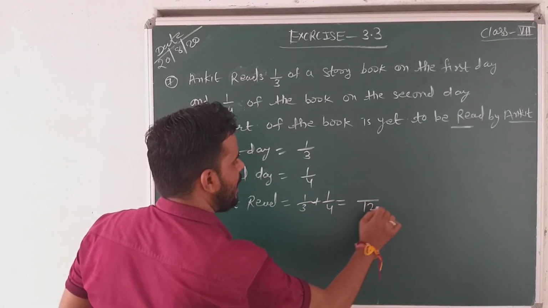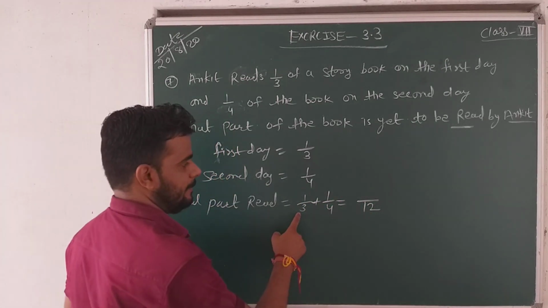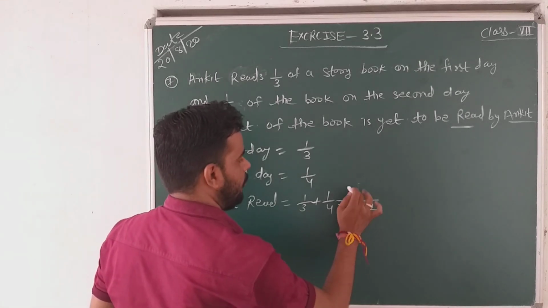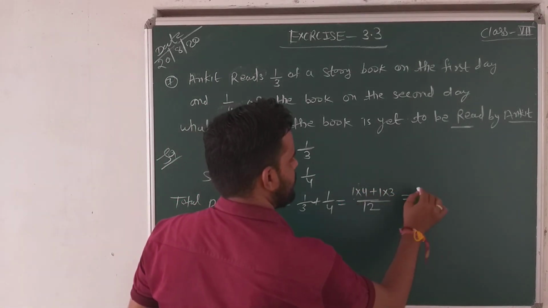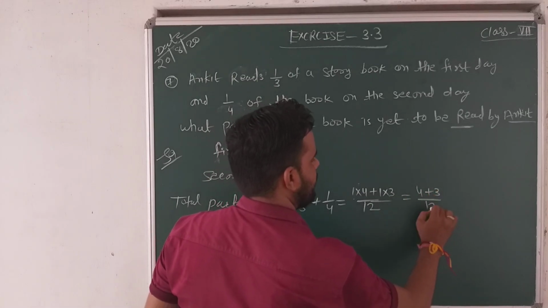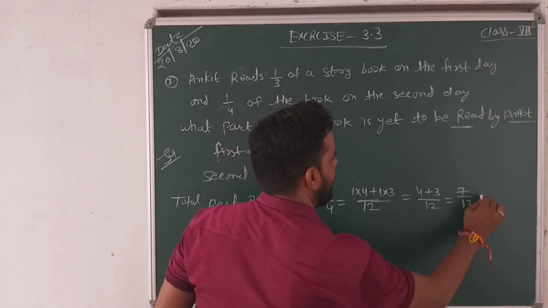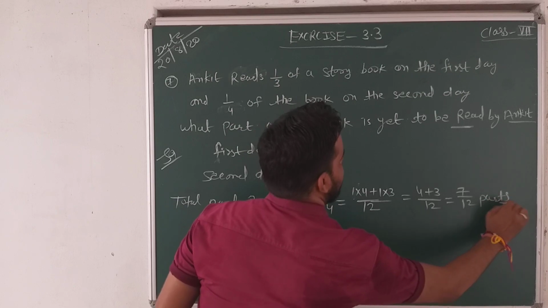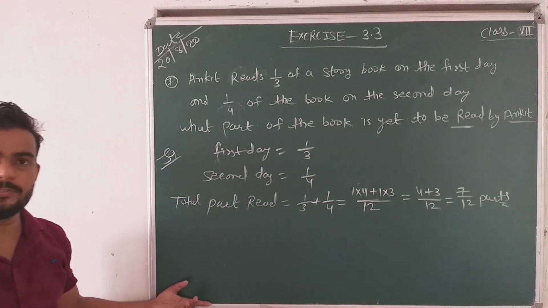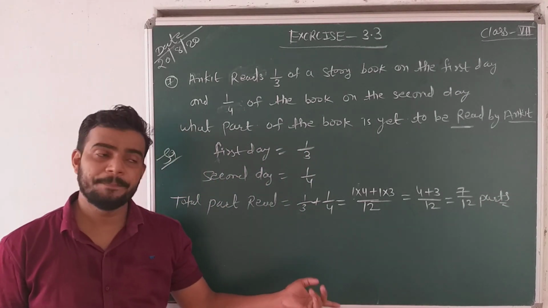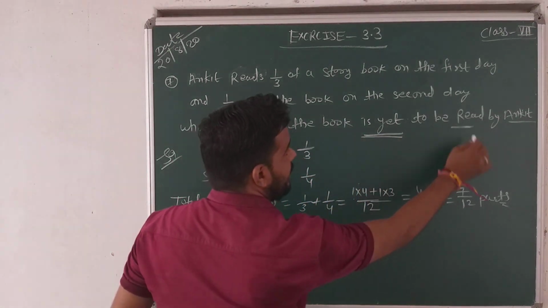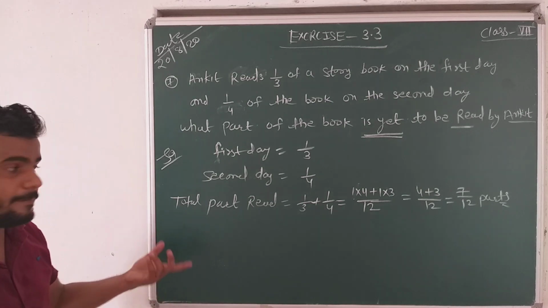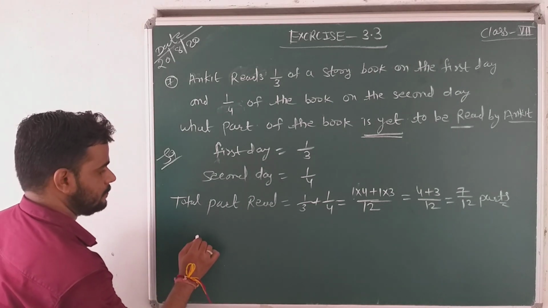So LCM is 12. Instead of 3 we multiply by 4, then 12 is there. So 4 multiply 1 and 1 multiply 3. Okay. So 4 plus 3, it means 7 by 12 part Ankit has already read. अब left part, question is saying that yet to be read by Ankit. कितना part बाकी है? So the left part